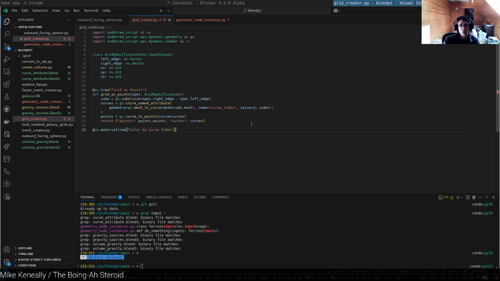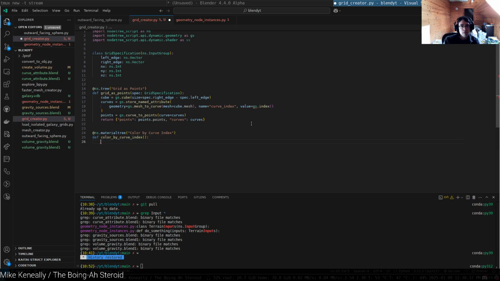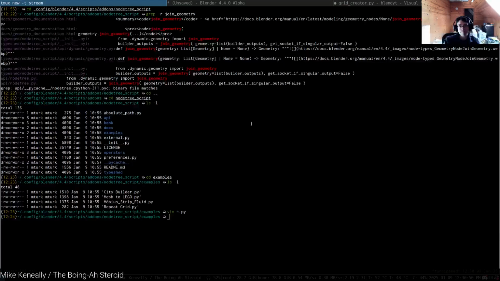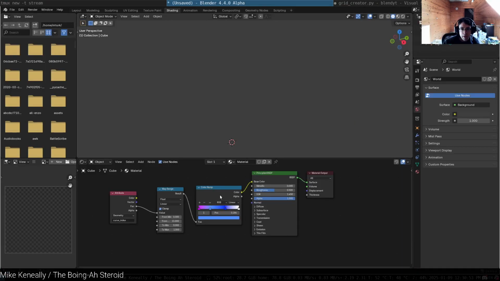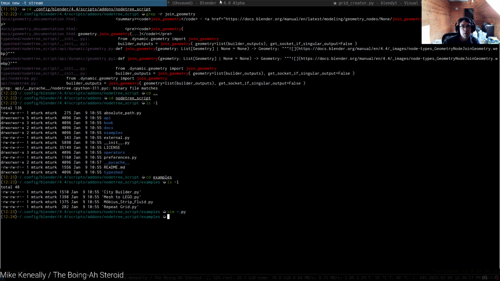How did it know I was going to say color by curve index? Okay, so we're not going to do this. Instead, we are going to say ss.color ramp. Now here, this color ramp is probably going to be the tricky part in figuring this out. So let's see how we can come up with